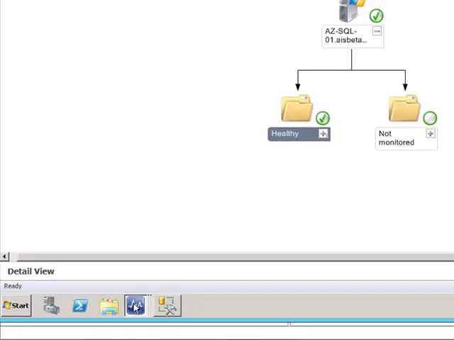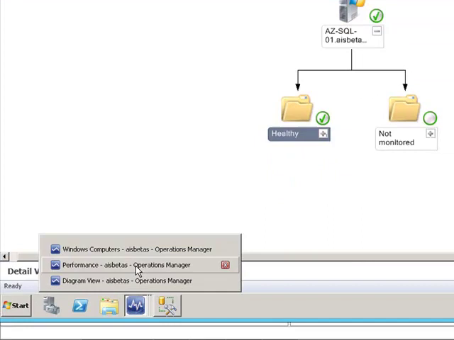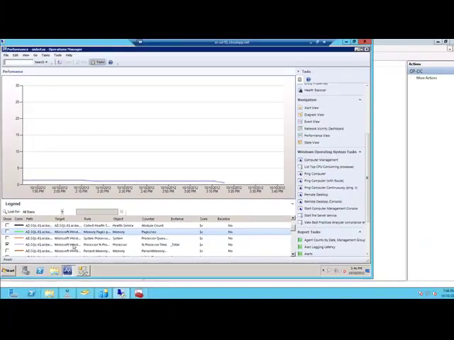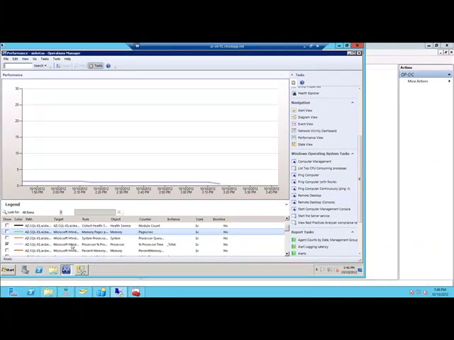Okay, and the last thing I wanted to show you here is I can also have a performance view where I have performance data that's being collected across Azure machines, on-premise machines, all available within a single screen. So as you can see from this demonstration, we have System Center agents installed on all of the Azure virtual machines. And then we have the System Center running on premises, which is collecting data. And all of this traffic is going over the VPN that we set up and we looked at earlier in